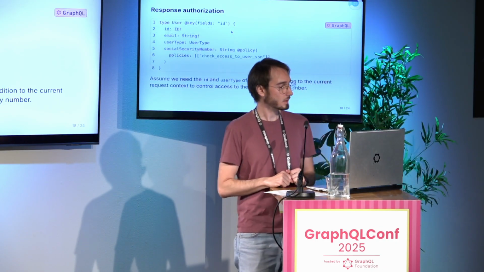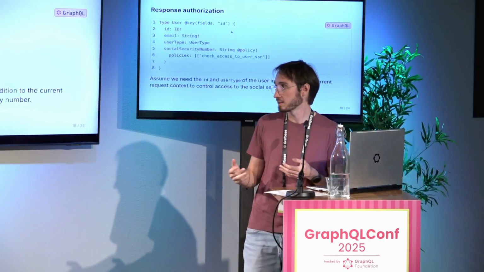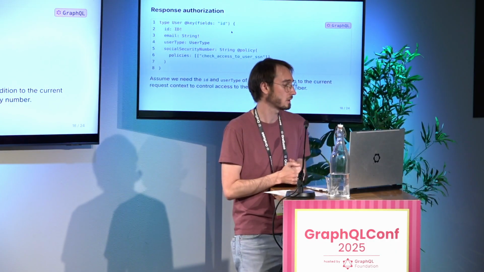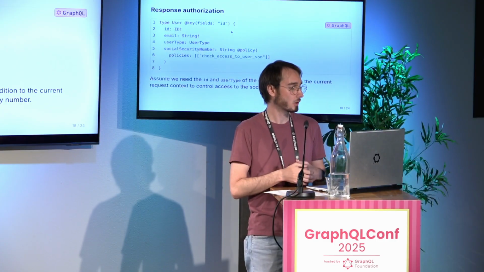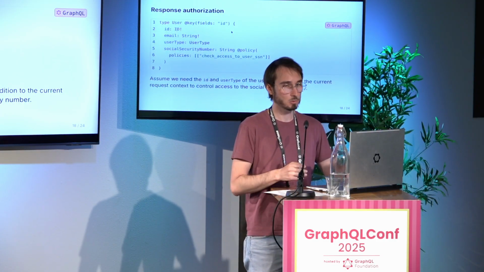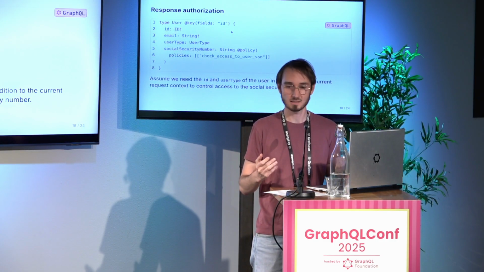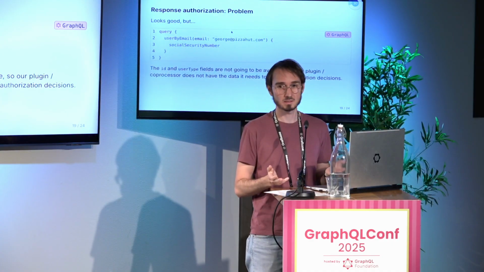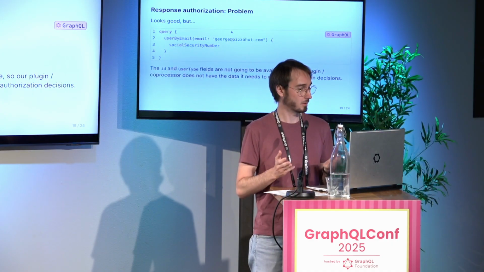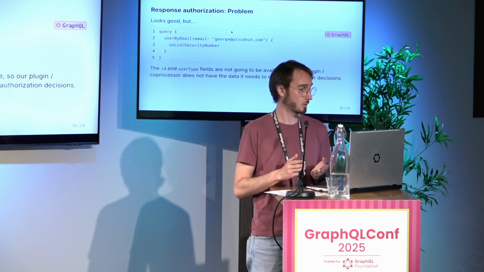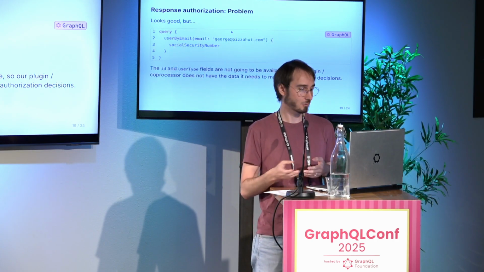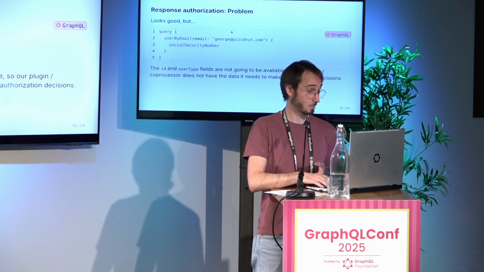So let's see how we would do that with policy. We say check access to user social security number here for the social security number. And let's imagine you need the ID and the user type to make a decision on, okay, can I see the user's social security number? Let's try this. The problem is you get that query. They want only the social security number. How do you decide that if you don't get the data that's returned by the